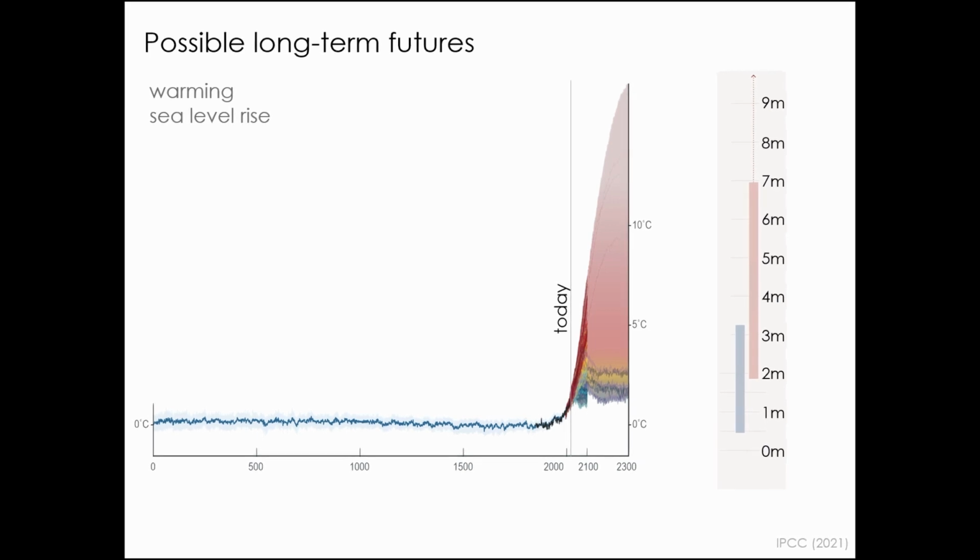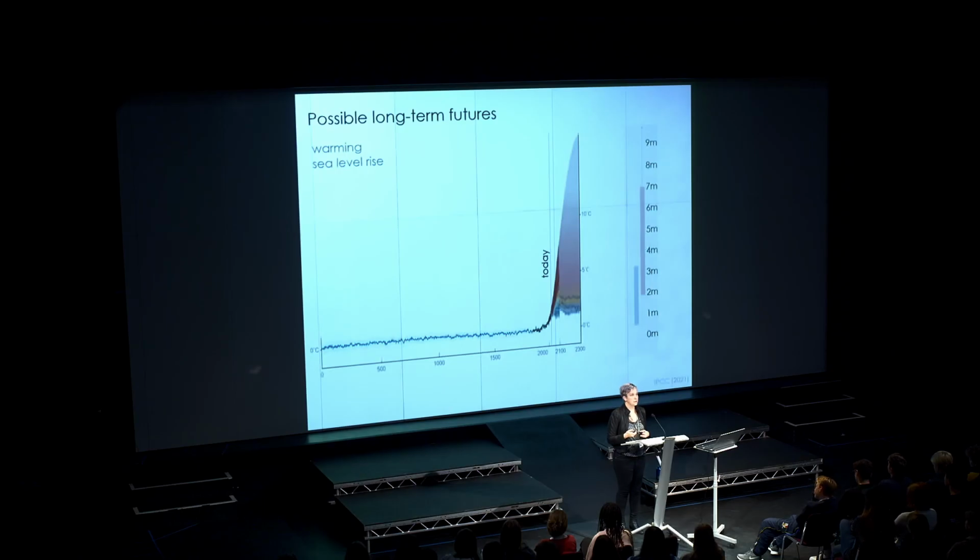And then I've shown the line of today, so 2021 or so, where we've just had a bit of warming, you can see there. And then the last part of the graph that fans out are different predictions for the next 300 years, out to the year 2300,